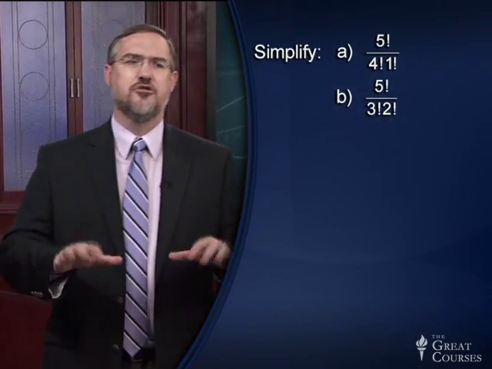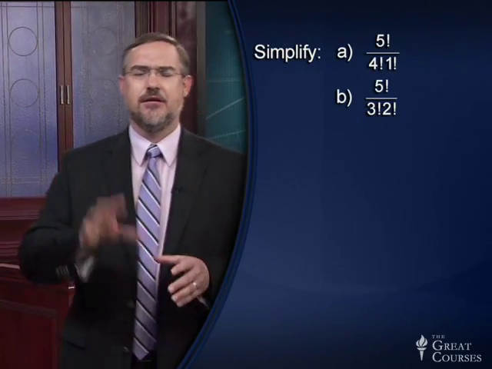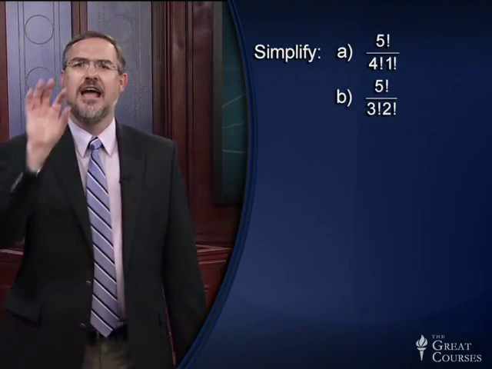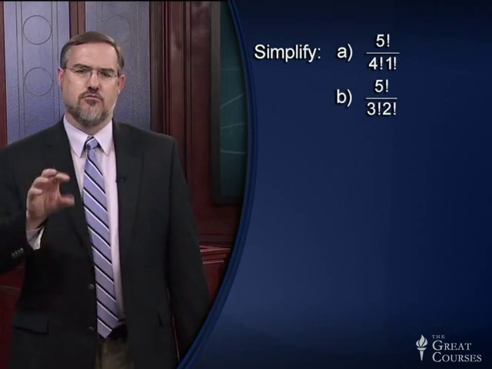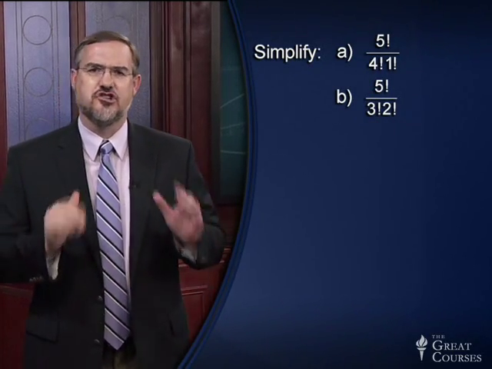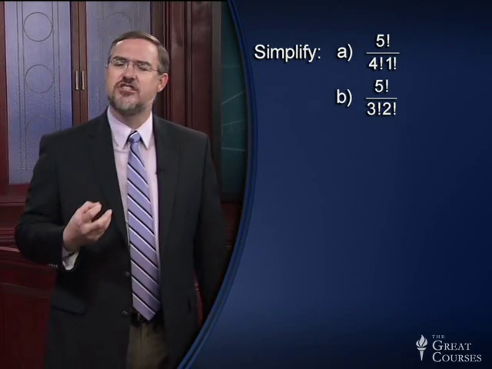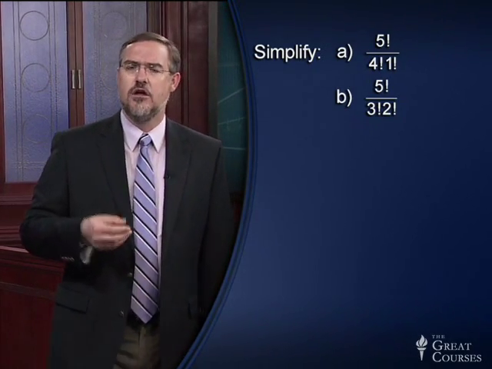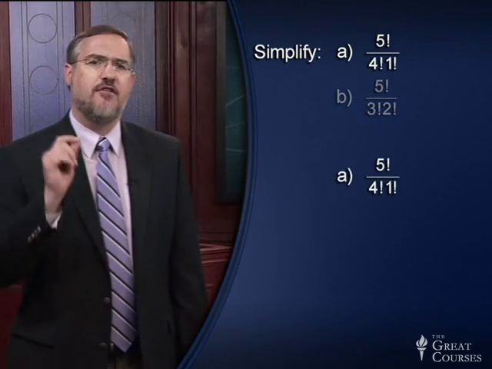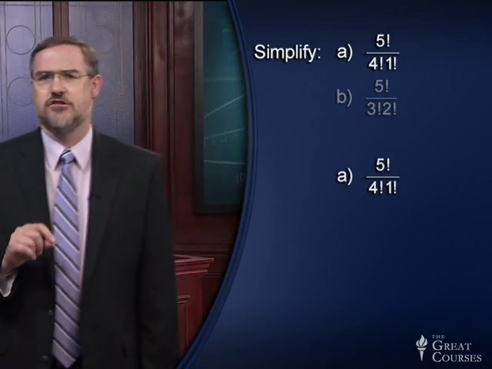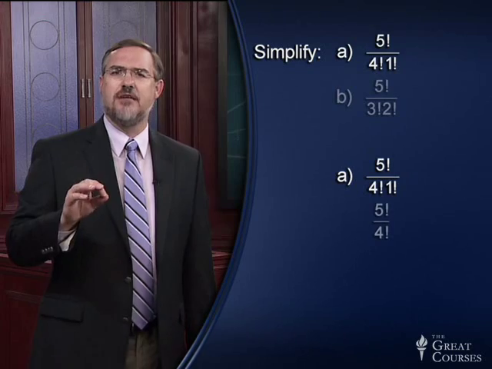I just want us to walk through what would happen if we did these multiplications and then canceled parts of the numerator with parts of the denominator, just to see what numbers we get. So let's do both of them really quickly, and then I'll try to tie in what I'm trying to show you with Pascal's triangle. So 5 factorial divided by 4 factorial times 1 factorial is the same as just 5